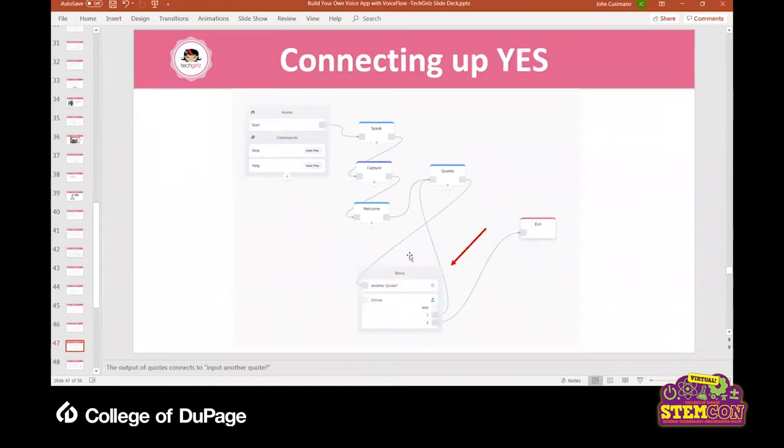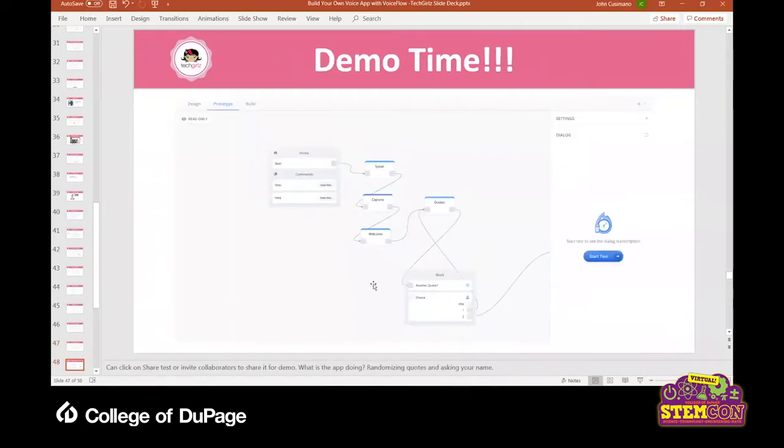But what if the user says yes, they want another quote? Well, this is our quote block that has our database of quotes. So we need to connect output number 1 that corresponds to the word yes. We take it back to the input of this quote block. And then she'll read us another quote. And then where do we want to go from there? We actually want her to go back and ask us, do we want another quote? So that's already connected up. All right, so it seemed a little bit tricky, but let's go over to the software